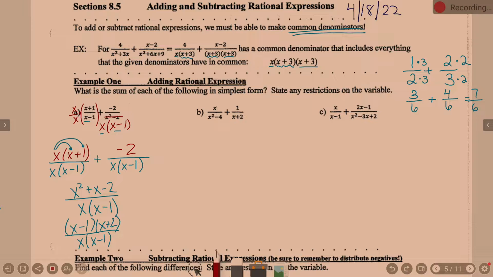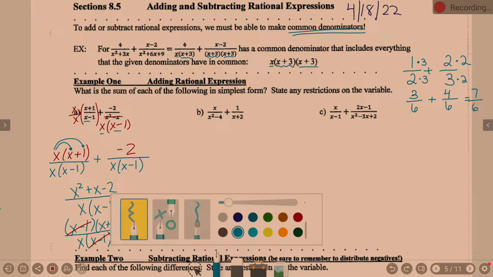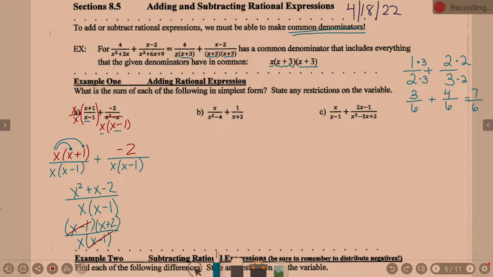Well, is that worth factoring? Is something going to cancel? Yeah, it is, isn't it? Okay, so if you would have entered this previous answer, MathXL would have counted you wrong. Okay, because this factors, and more importantly, what cancels? X minus 1 on top cancels with x minus 1 on bottom. What remains for my answer? X plus 2. Okay, there's an x plus 2 on top,